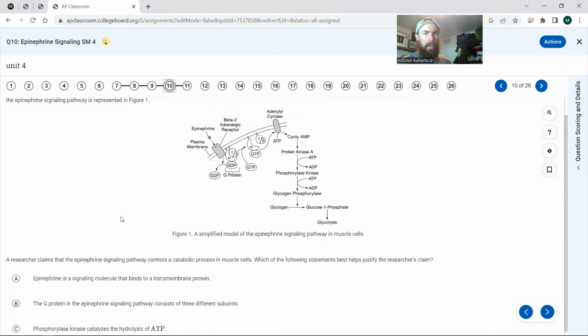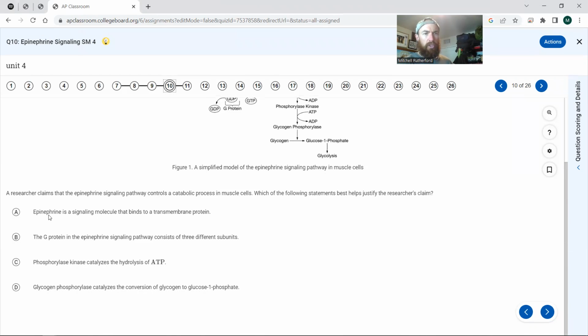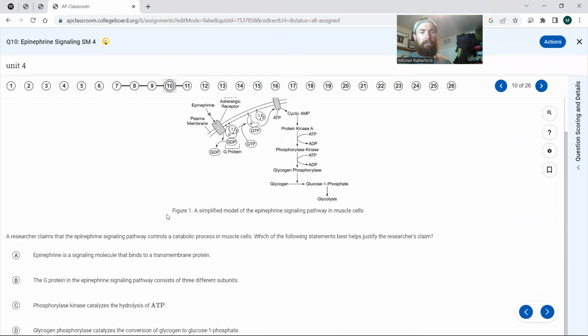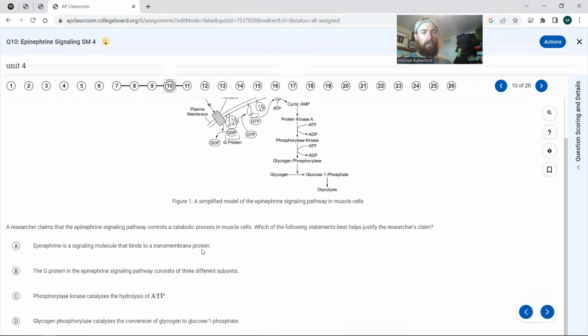Okay, so I'm already comfortable with this, so I'm going to go right to the questions. Epinephrine is a signaling molecule. Hell yeah, that is totally correct. If I have no time, I'm like, hell yeah, that's the right answer. B says G protein in the epinephrine signaling pathway consists of 3 different subunits. Well, yeah, okay. Here's where if I see 2 things that are true, I'm looking back at the